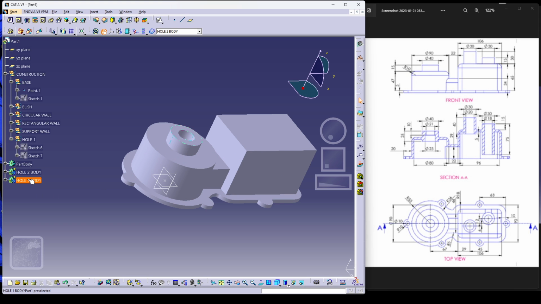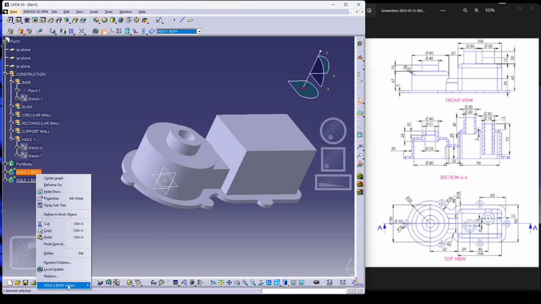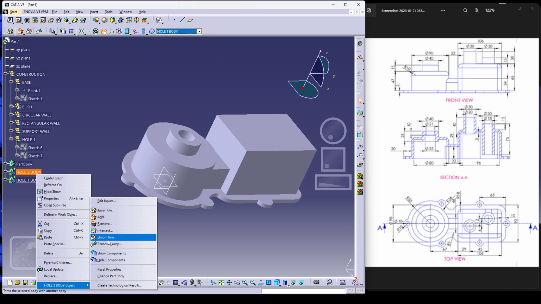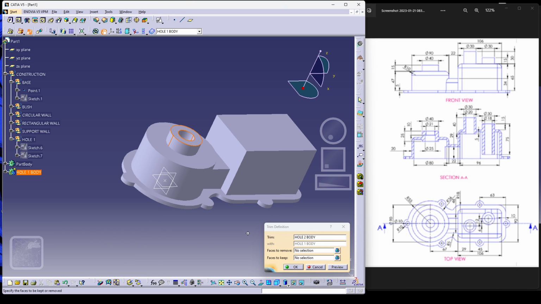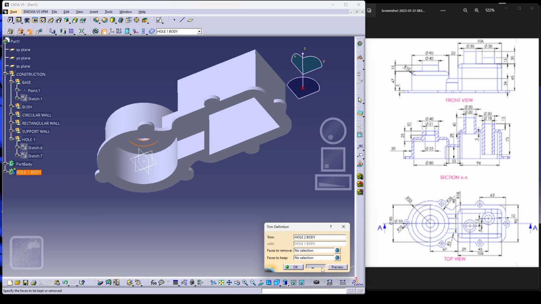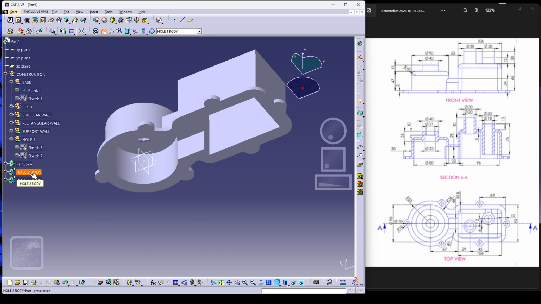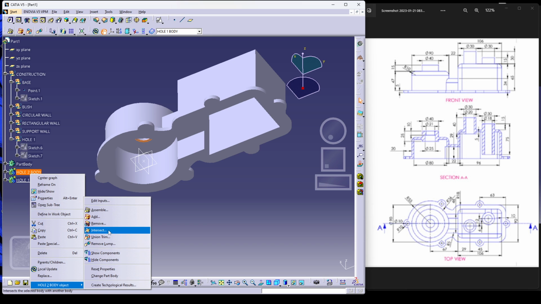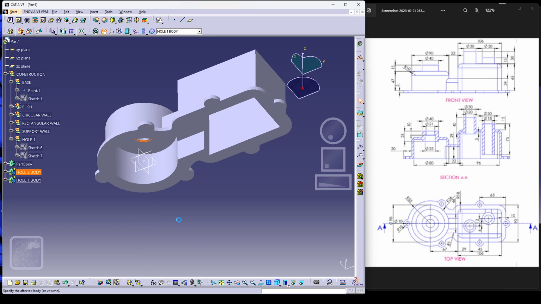I think so, hole 1 selected, and let's trim this, union trim, or we can just remove that part. Insert, remove. Yeah,